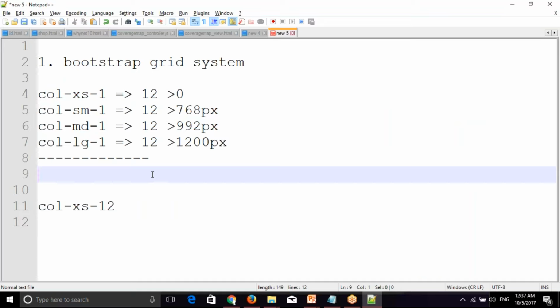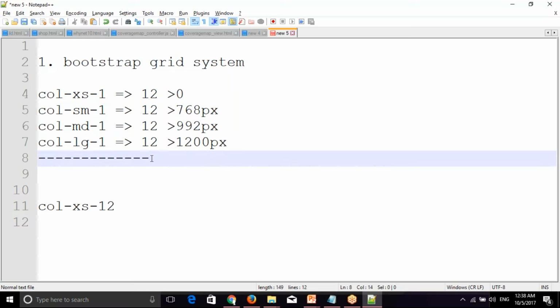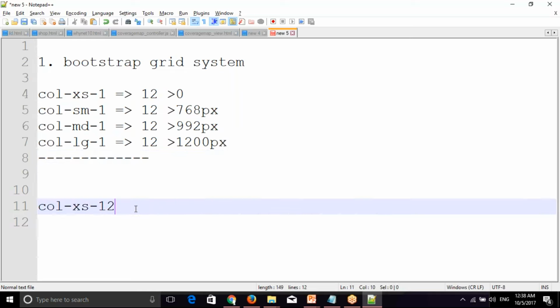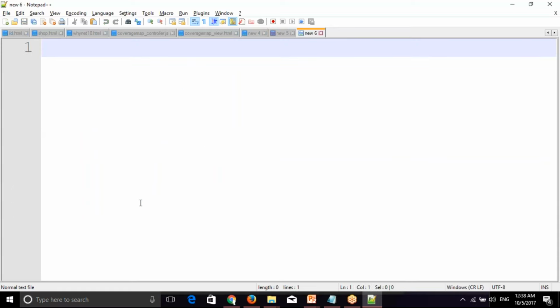Why I'm telling you all this is that I'm giving you a brief on how the Bootstrap 3 grid system works. What are the drawbacks of the Bootstrap 3 grid system, and what are the advantages of Bootstrap 4? That's what we're going to discuss here. Before that, we will discuss a brief about the flex model. I hope you already have experience with the box model. So what is the box model? A box model is nothing but a collection of width, height, padding, margin, and border.